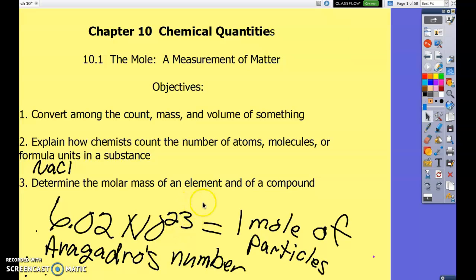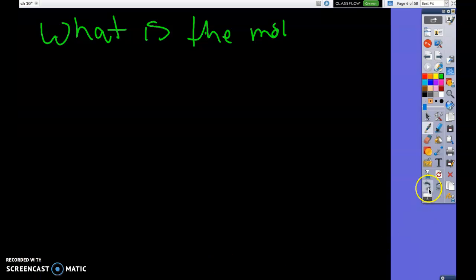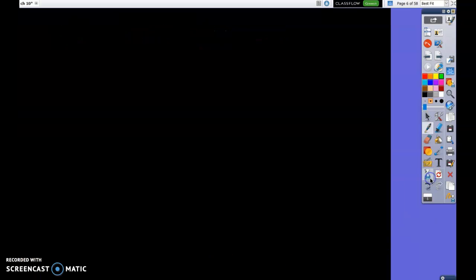So this was a really incredible number when scientists figured this out. This was a game changer and life-changing, because now anybody could find the mass of a pure substance and know how many particles that was. And that became important, especially when we started synthesizing or making compounds that were composed of more than one type of atom. So let's start with just finding some molar masses of some simple substances.